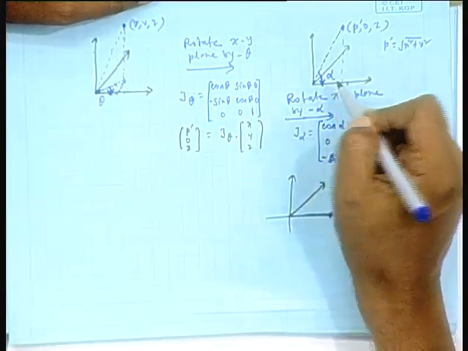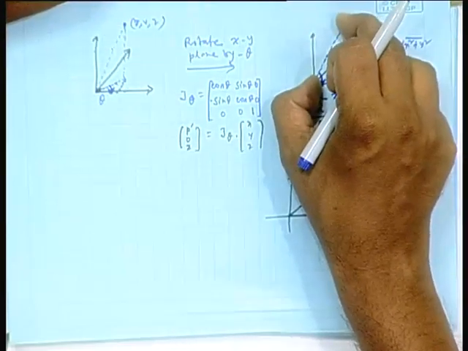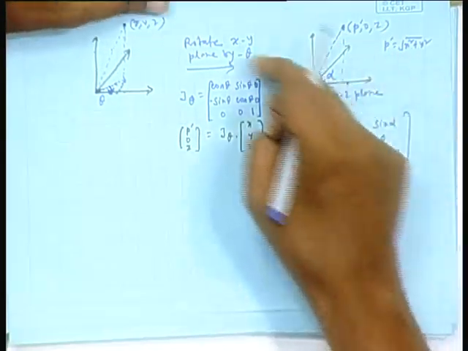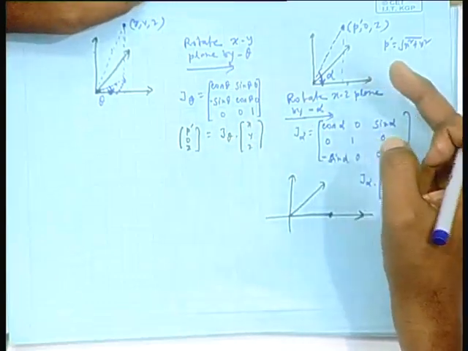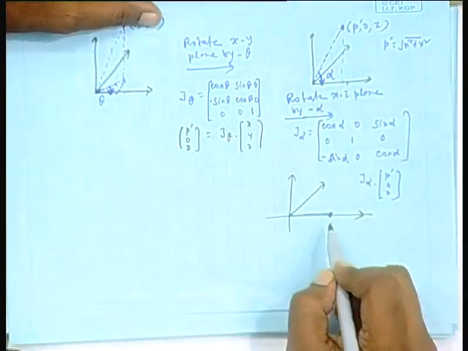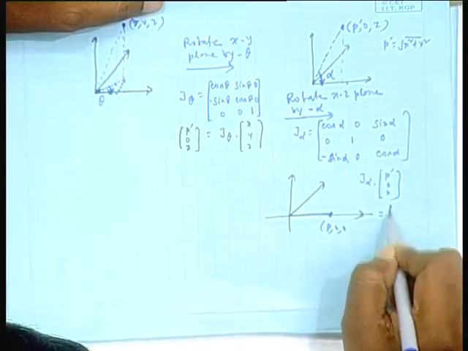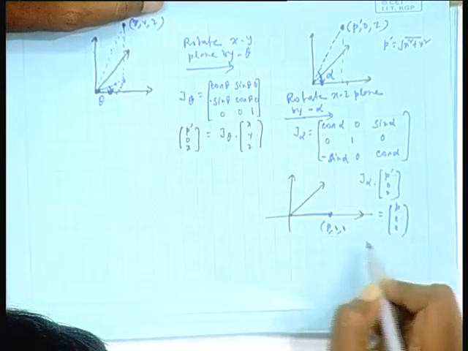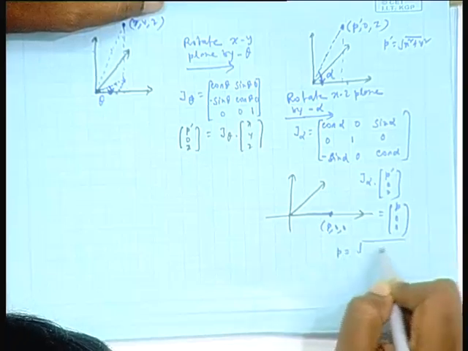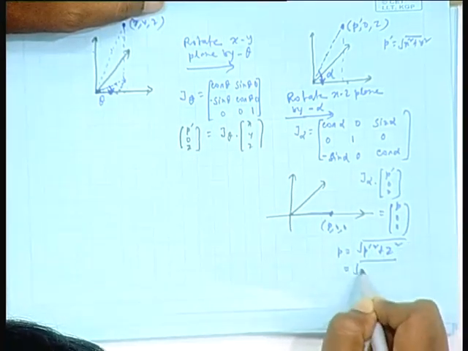The new x axis: if you rotate it so that this axis comes on this, then the z value will be 0, because z is orthogonal, and the new x value will be just the length of this. Let us call the length p. So, this will be p 0 0, where p is the square root of p prime square plus z square, which is the same as the original length.